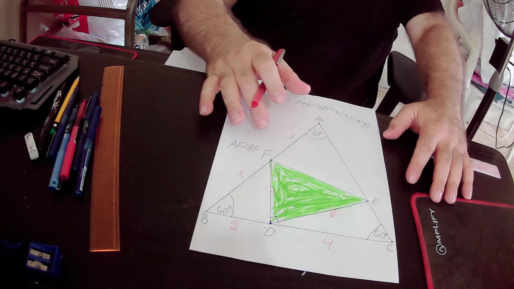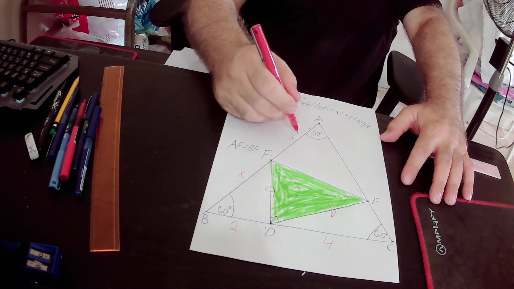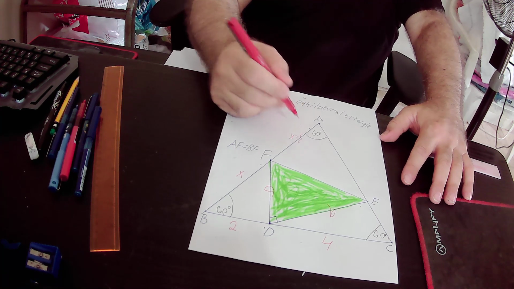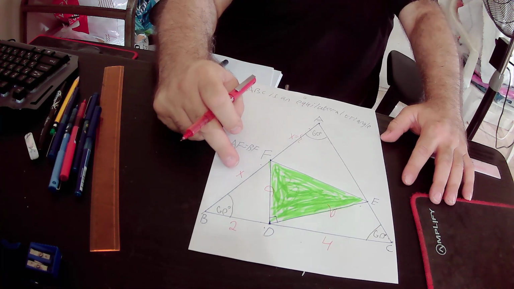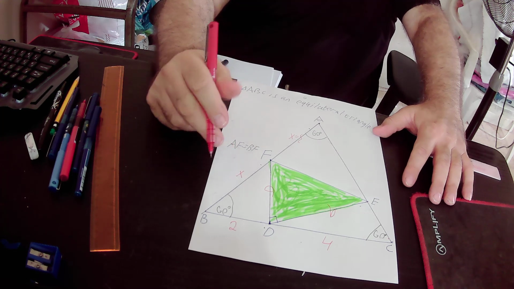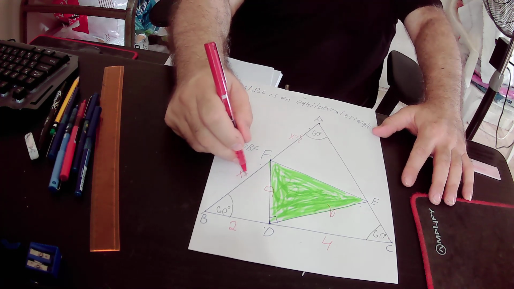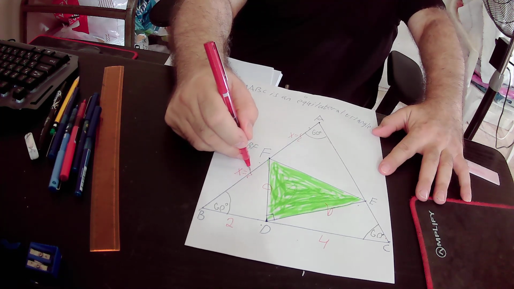Or AF that equals X equals 3 units, and BF that is also X equals 3 units. Okay,